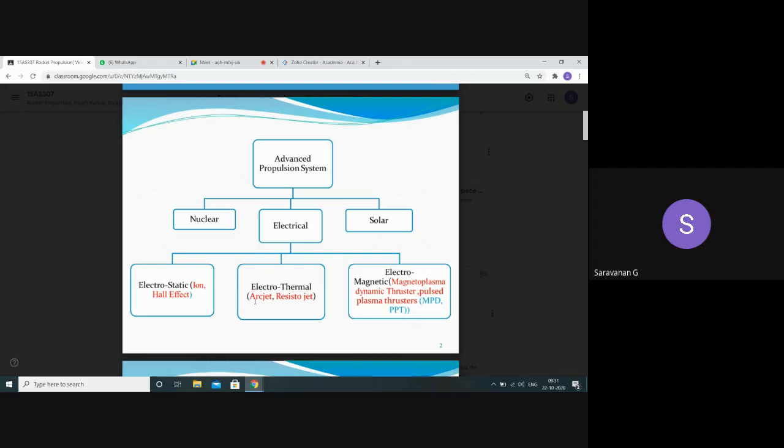All these electric propulsion systems, like ion thruster, Hall effect thruster, arc jet system, resistor jet system, MPD and PPT, like that, 2 plus 2 plus 2, so totally six methods of advanced propulsion system come under the electrical propulsion system. The next one is the nuclear system. Again, as you know, the energy source is nuclear atoms, uranium and all. The nuclear energy system is meant for generating thrust. The atoms, the uranium, have nuclear fusion, fission and isotope decays. Like that, we have three different categories of generation of energy using nuclear atoms.